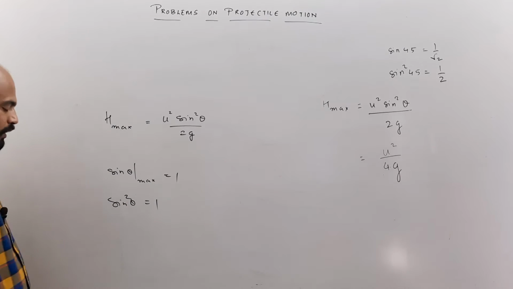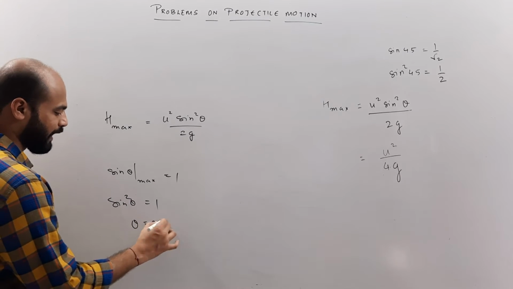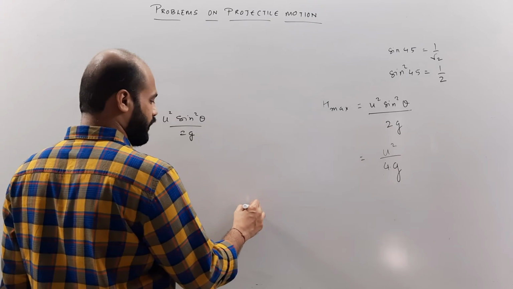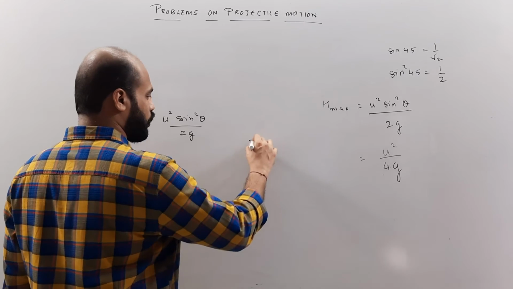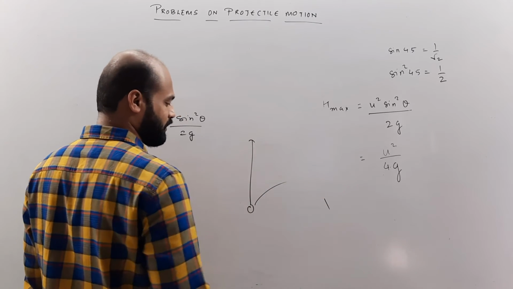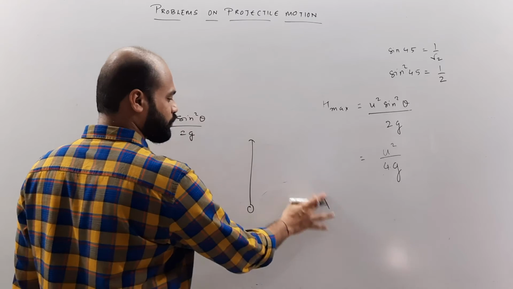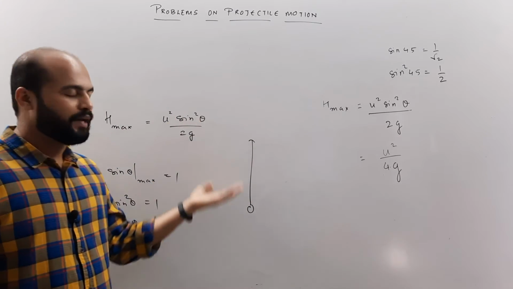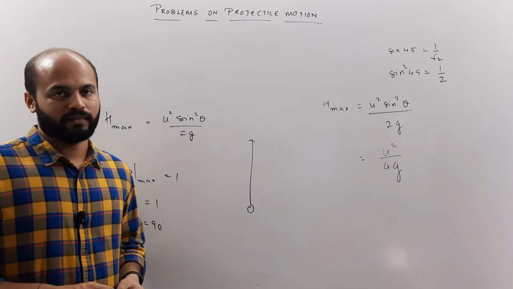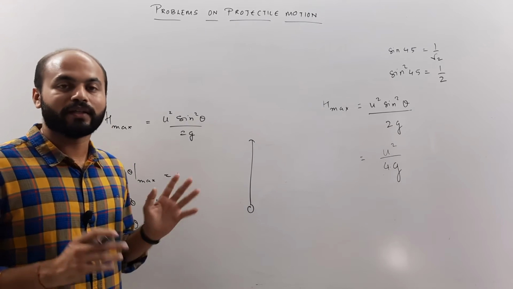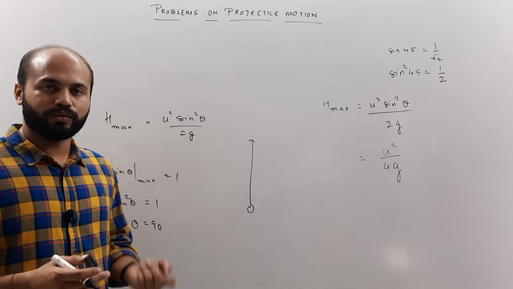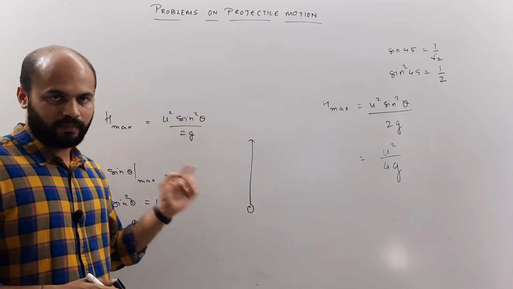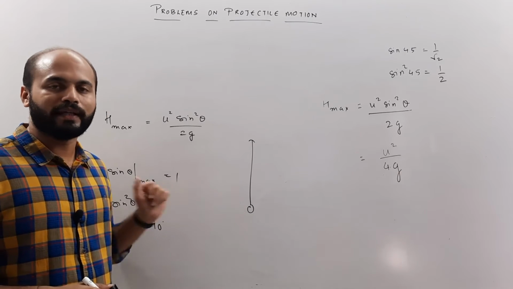When is this achieved? This is achieved when theta is 90 degrees, which means that if there is a person over here and if we throw the ball straight on top, instead of throwing at an angle like this, he throws it straight up. So the entire energy goes there and we get a maximum height of the projectile. Of course in that case the horizontal range is 0 because the ball goes straight up in the air and then comes back. So that is the reason why range is 0.